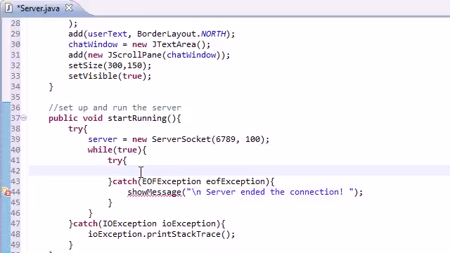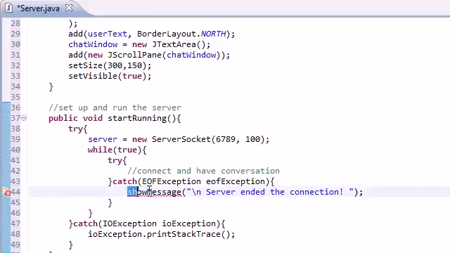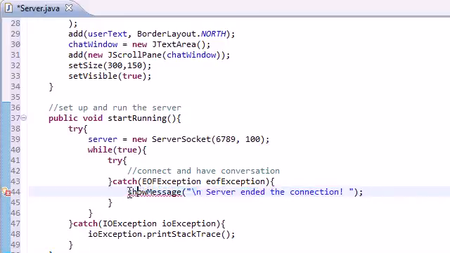Alright, so what we're going to do is basically try to connect and have a conversation with someone else. Now, once we're done having that conversation, we're going to catch an error. It's going to view it as an error, but really, whenever I end the conversation, I'm going to be like, you know what, I'm done talking to you. I either have to go make Hot Pockets or maybe my mom's calling me to mow the lawn. I'm going to go ahead and end the connection,